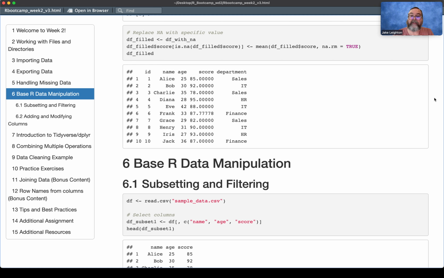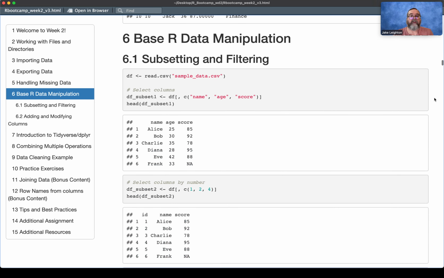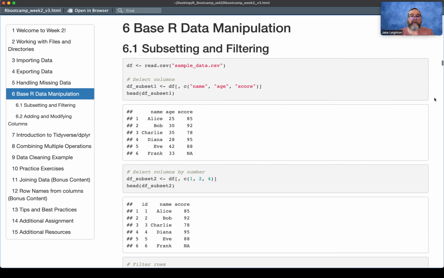There's times where I've done this in data sets and replaced things with the mean too. So the average does make sense in a lot of instances. Okay, well, going forward, let me just remind you of some of the base R